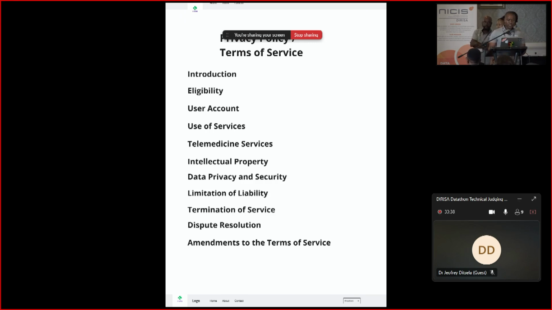And before you use our app, you'll have to go through our privacy policy so that you can agree on how our website will work, and agree to use our website, because our website will have your health information. If you have HIV, you'll be able to see your HIV result via the app, as Palsa was explaining about it.